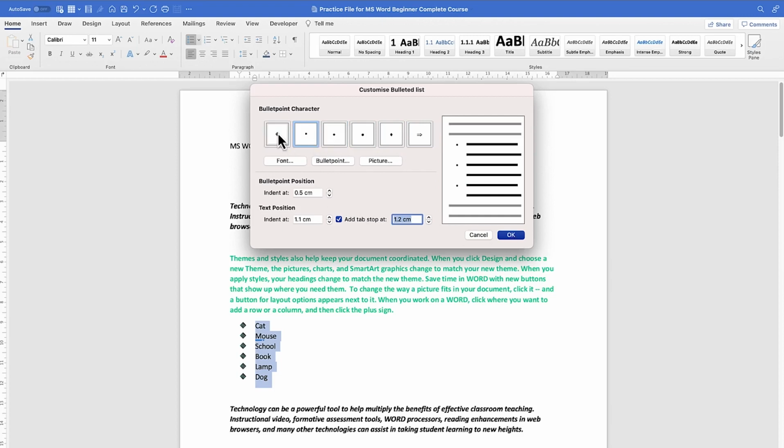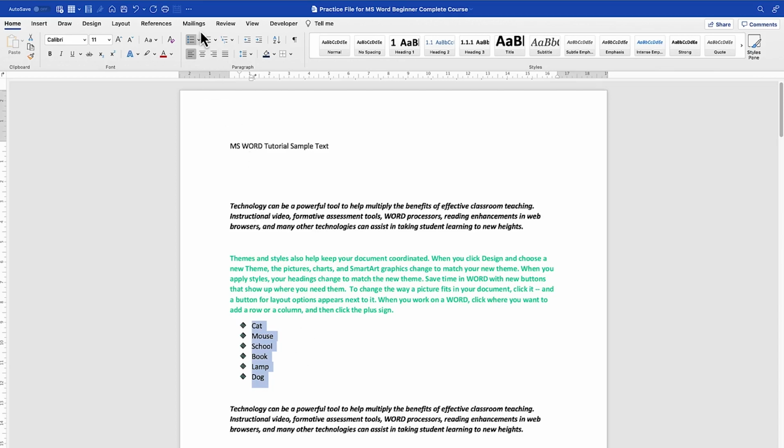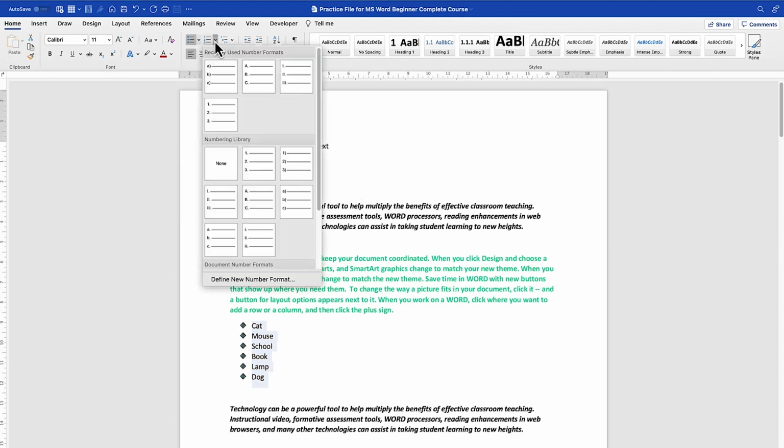You can select on any, but for now let's go with this one just for demonstration purpose. So this is the first one. You can add all this, and you can add numberings as well. You can come to the next one, which will give you different types of numbers. For example, you have